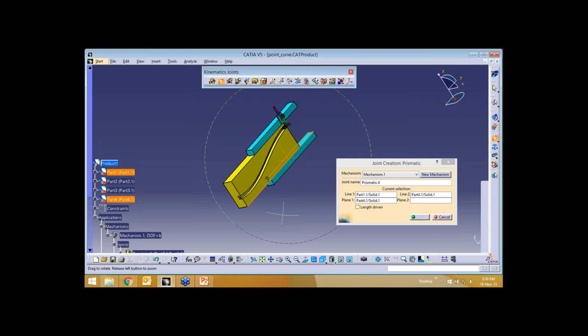Create two different revolute joints between this thing and this thing, and make two different revolute joints with one single gear joint. Two more revolutes will be able to create two different gear joints. So when you have the joints created, go for simulation and see.